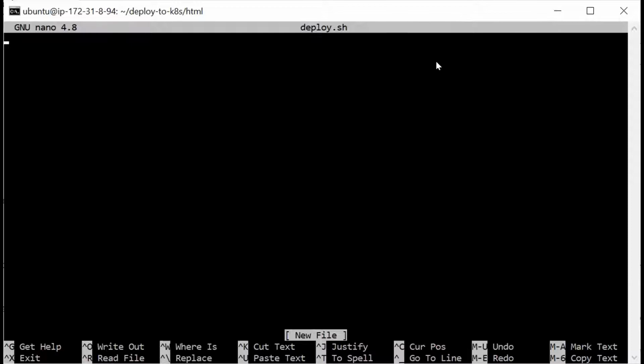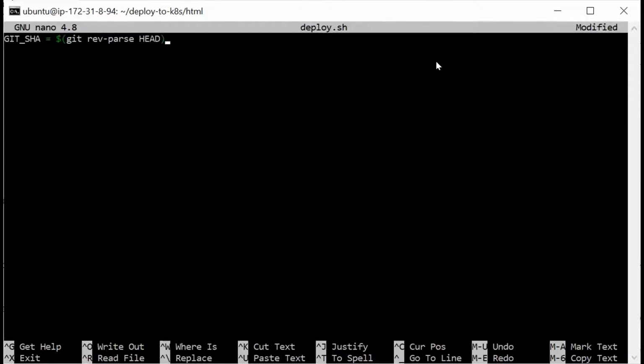Okay, so for that let us create a GIT_SHA environment variable. So GIT_SHA is equal to dollar git rev-parse HEAD.